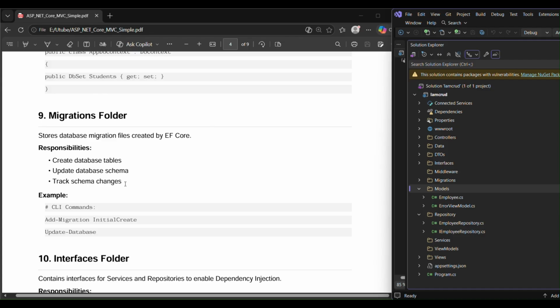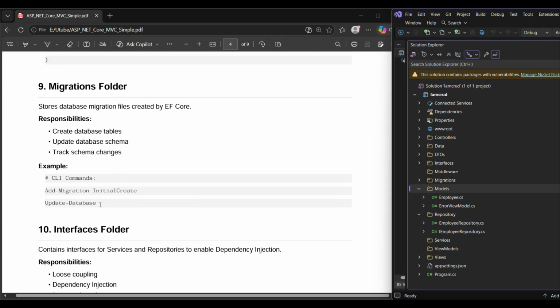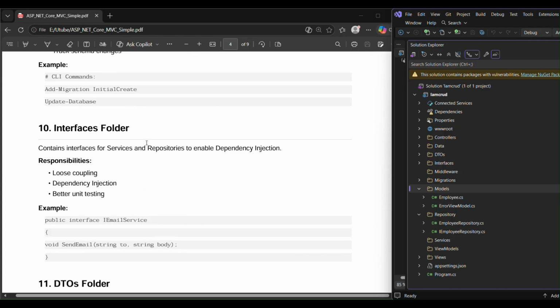If you use the code first approach, you must use the Migrations folder to store database migration files created by EF Core. It creates database tables: if you use the code first approach and then use migration, it looks at the MVC structure and creates your database tables, updates database schemas, and tracks schema changes. After that you use update database, meaning if you make any changes in your MVC project, update database refreshes and syncs your database with your MVC project. Okay, now the Interface folder.